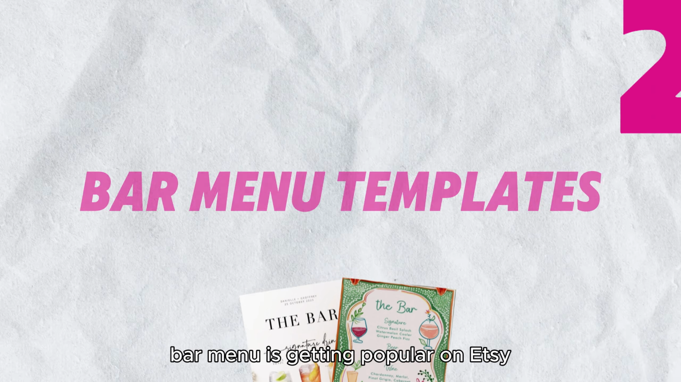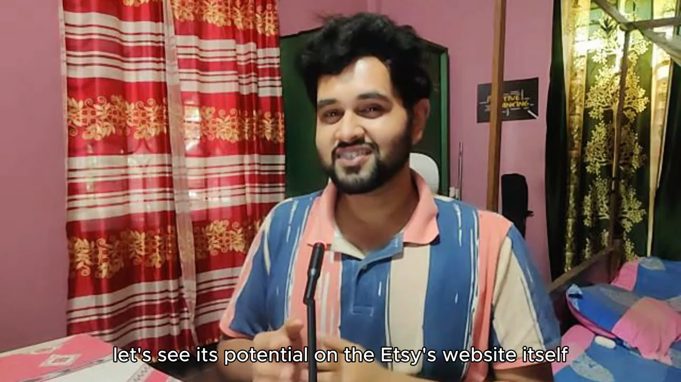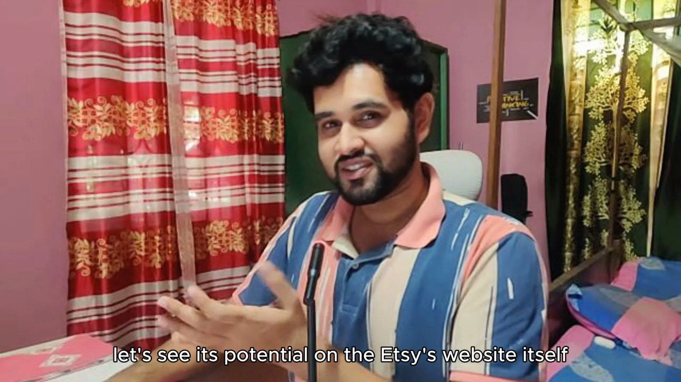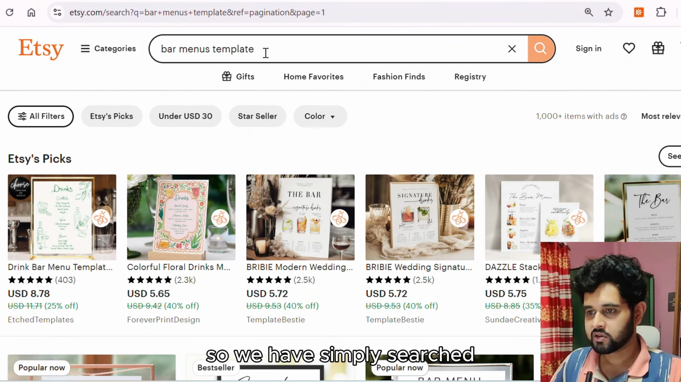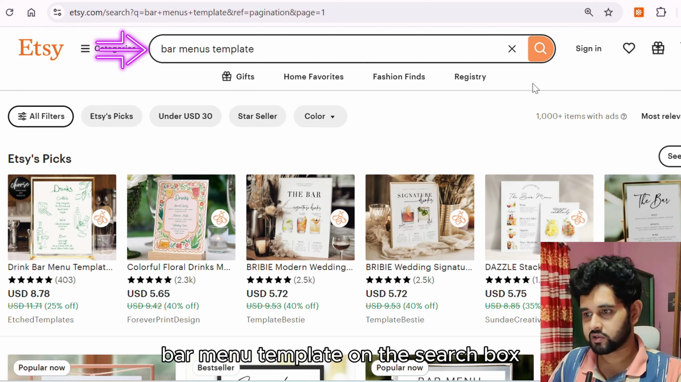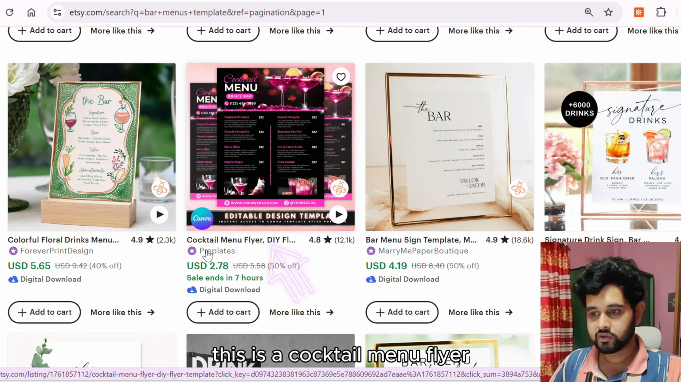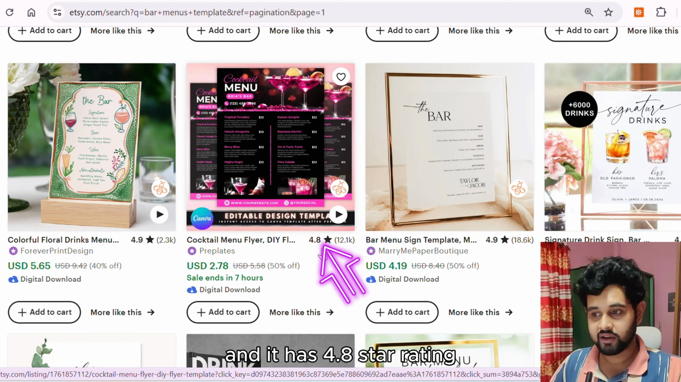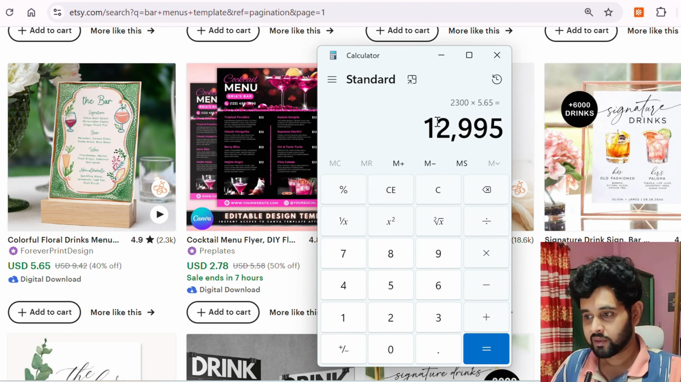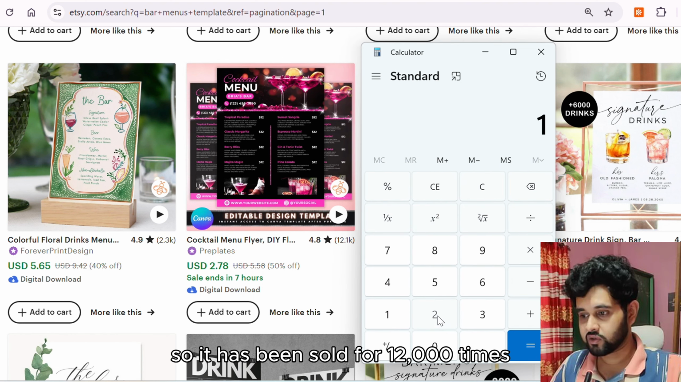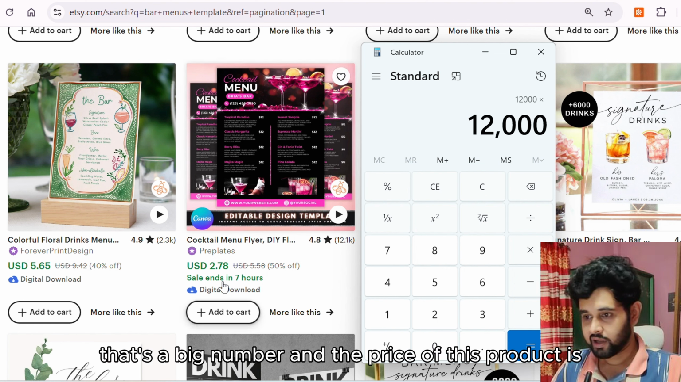Bar Menu is getting popular on Etsy. Let's see its potential on the Etsy's website itself. So we have simply searched Bar Menu template on the search box, and these are the results. This is a cocktail menu flyer and it has 4.8 star rating. Let's calculate its earning. So it has been sold for 12,000 times. That's a big number. And the price of this product is